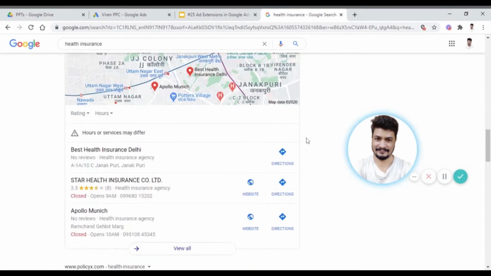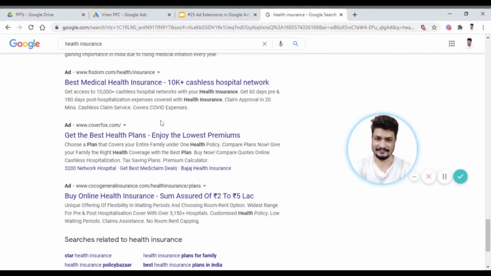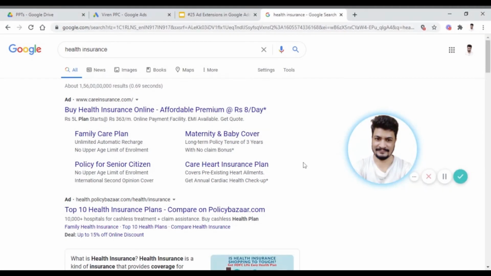And if I scroll a bit again, to the bottom, if you were to click on one of the ads, this looks more appealing to me, and I'm going to click this ad. This is how users generally search for something on Google. If they find your ad more appealing, they're going to click on your ad, and then you're going to get more sales. More clicks means more sales. If you're getting no clicks, you won't get any sales. So showing ads means you want to get more clicks, and if you want more clicks, then you need to use Google Ad Extensions.